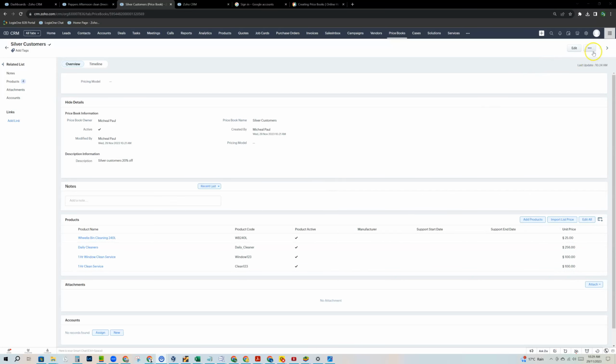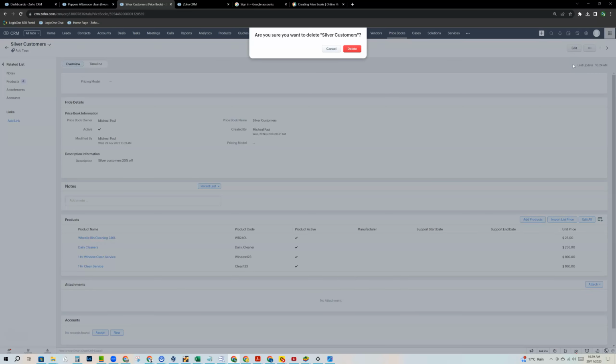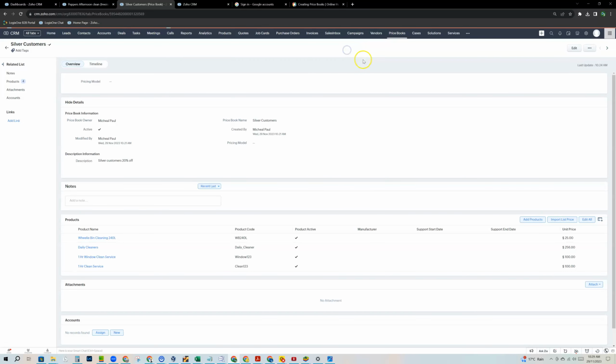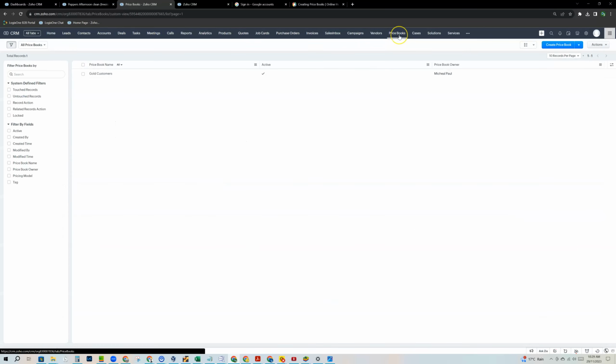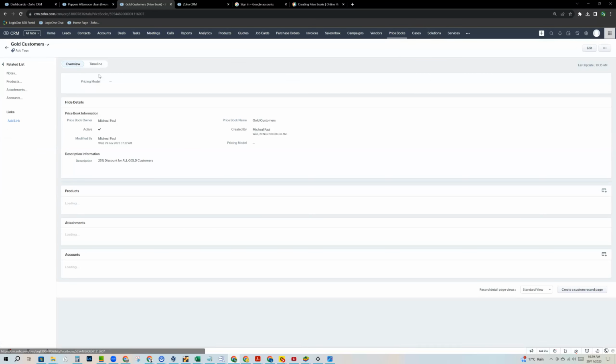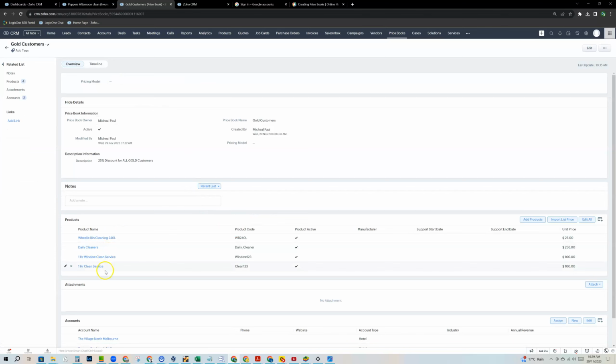All right, so what I'm going to do is delete this price book and then actually create one. So I'll come into the price books module, and let's say I've already got one here called gold customers, and you can see I've associated these products to it, and this price book is basically 25% off all the unit prices applied to anybody that's on the gold price list. Okay, so let's go back to